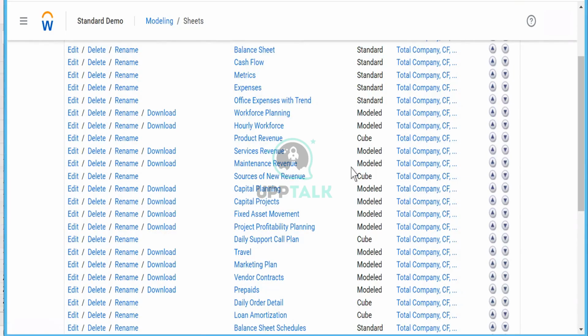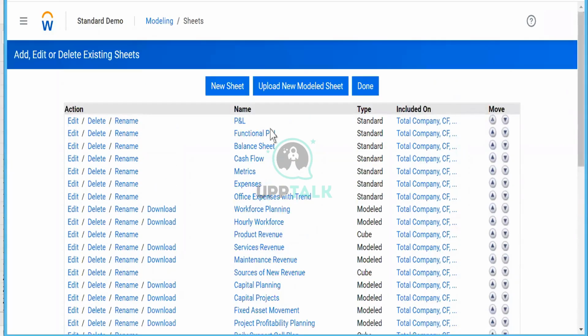I will explain you today. But how you can understand it from the back end, this is how you will understand. This is basically what you can call a sheet builder page, where you come here, click on new sheet and create a new sheet according to your name and whatever accounts you want to add.